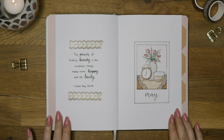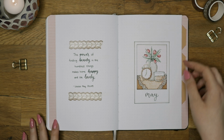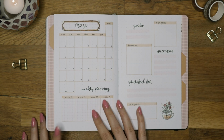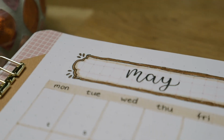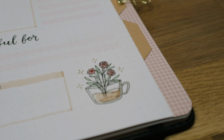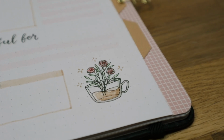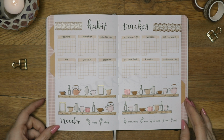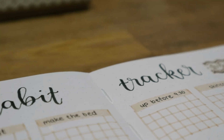Now it's time for the final flip through. I really like how this theme turned out, and I had a lot of fun creating these spreads. This neutral color palette with some pink is right up my alley, and I think the washi tape decorations were a nice touch as well. I can't wait to start using these spreads, and I hope you found some inspiration or new ideas from this